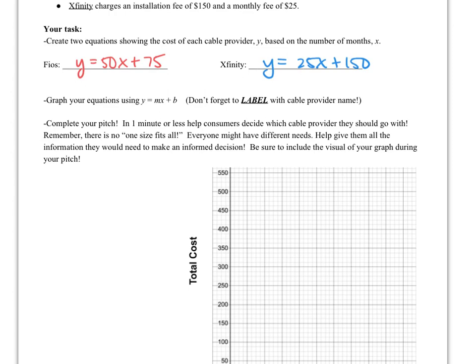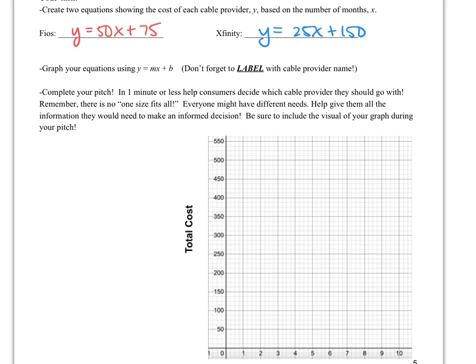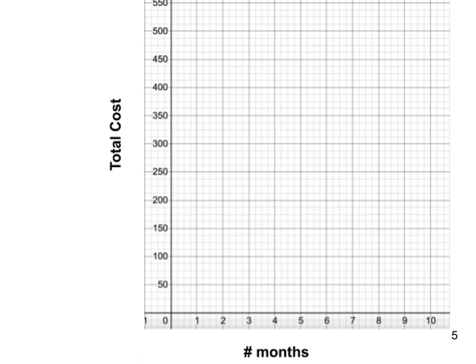Now we're going to graph our equations using y equals mx plus b just like we just did. So first I want you to think about where each equation is going to begin on the graph. For Fios, we'd start at 75. Now I know this is a little bit difficult to see, but I know that 75 is halfway between 50 and 100, so it's going to start there. Next, I'm going to be going up by